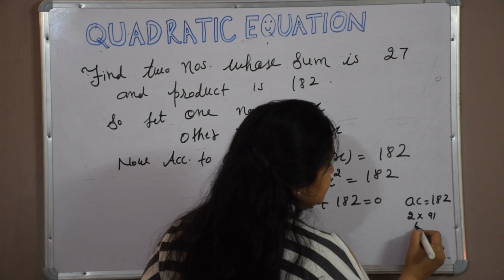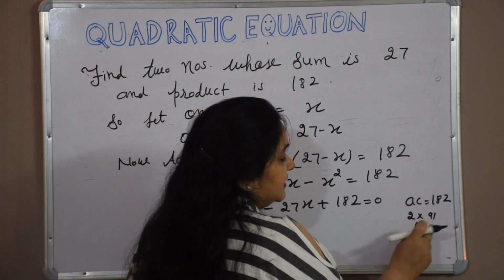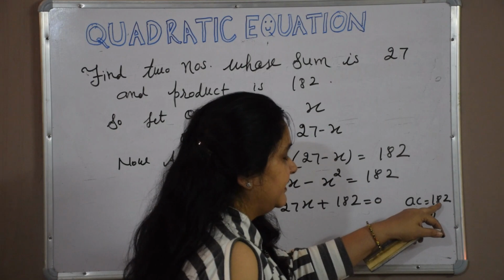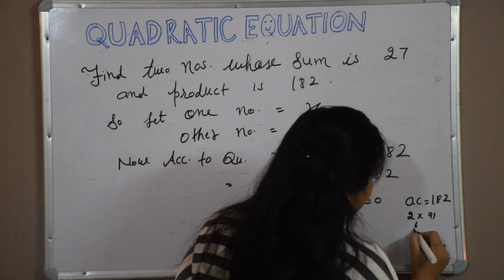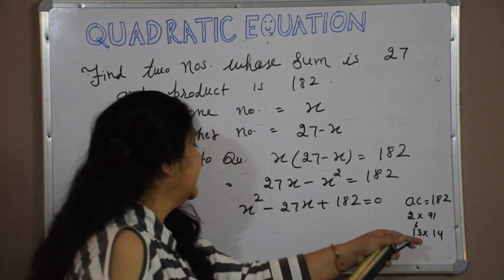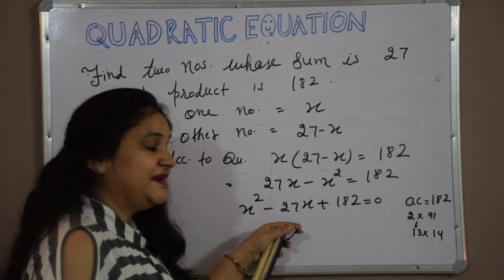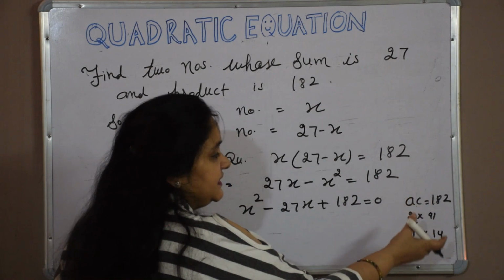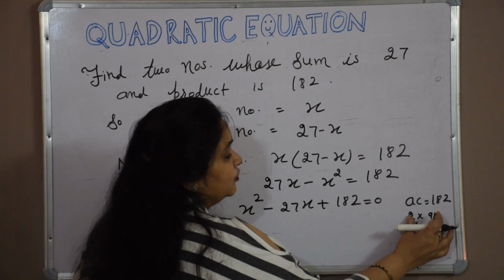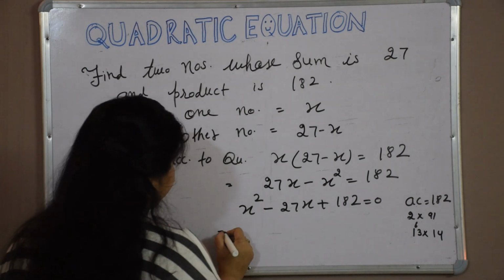So we will check with some larger number. Suppose I check with 6, I am not getting a proper number. 7, 8, 9, 10, 11, it is not divisible by any of these. I will come to 12, it is also not divisible by 12. Now I will check with 13 into 14, and it is suitable for us because the addition of these two negatives is minus 27. So we have to see carefully. Later on we will get larger numbers, and we have to take some bigger numbers for checking also.